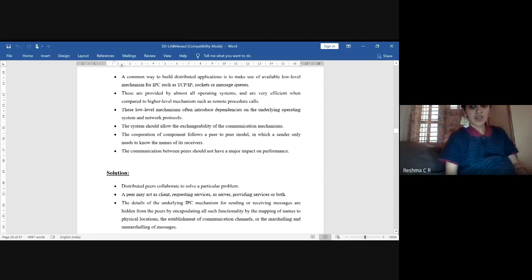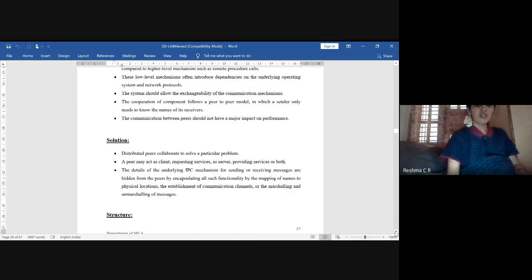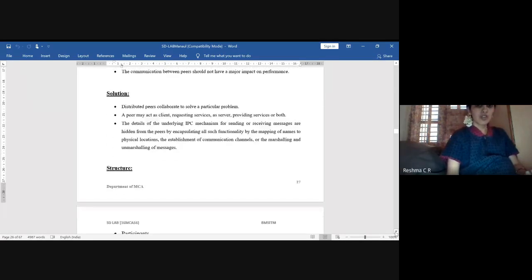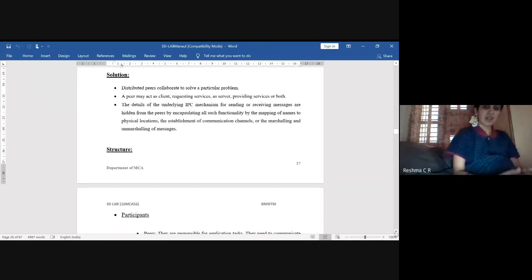To identify that, we are trying to use a solution. How are we bringing a solution? We have one as a client, one as a server, and one particular component which intermediates between the client and the server. It has to identify whatever messages the client is requesting.